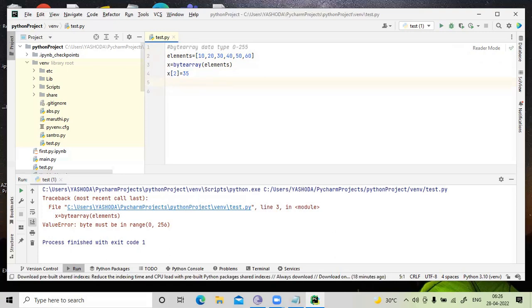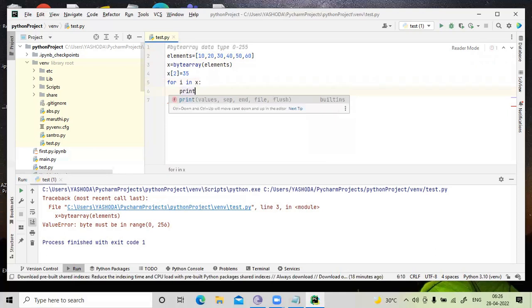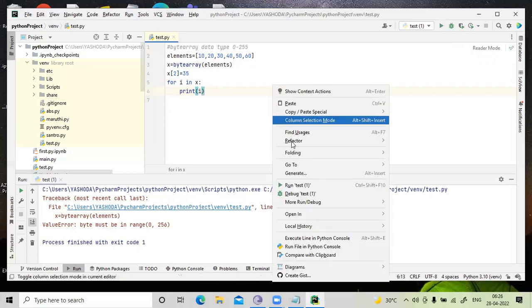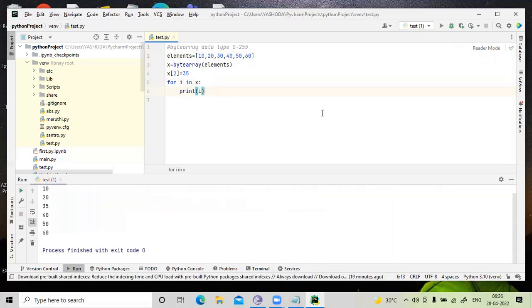I have assigned the position 2 value to 35. So I'll say for i in x, print i. It should print 10, 20, 35, 40, 50, 60. Run this. See, it has modified the value